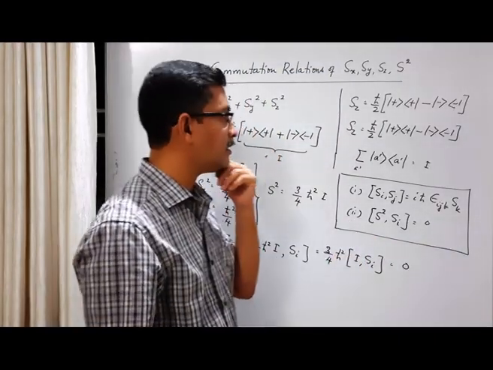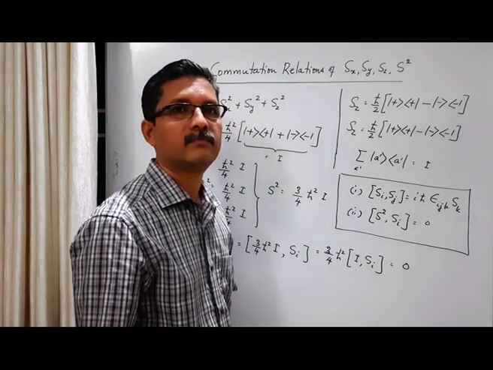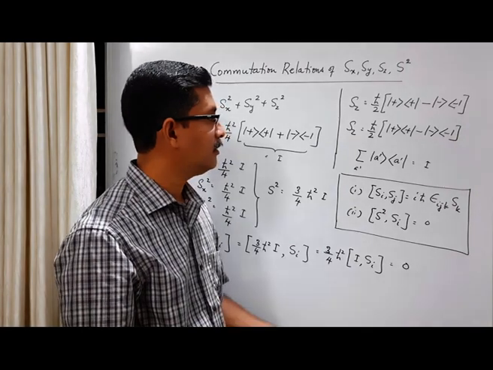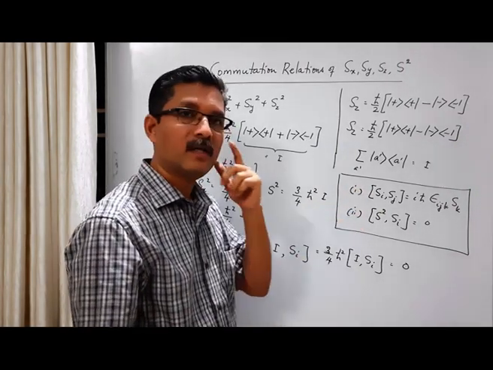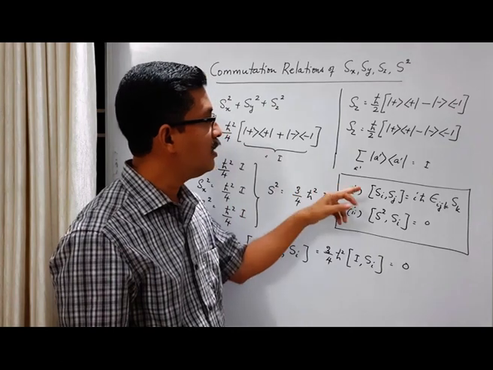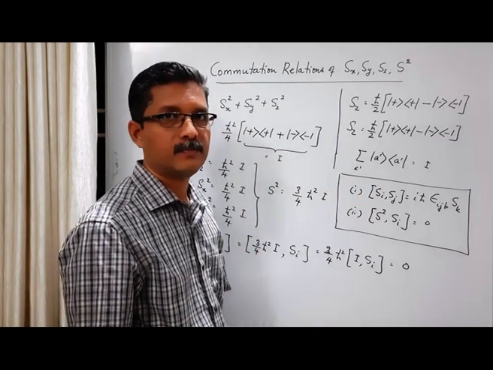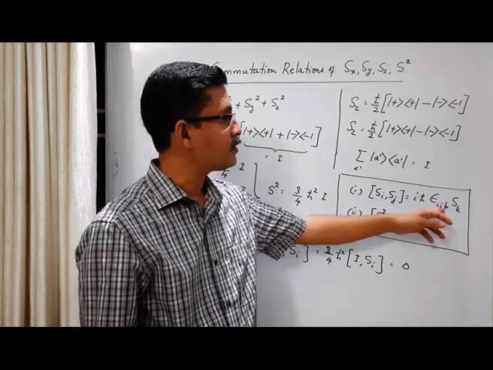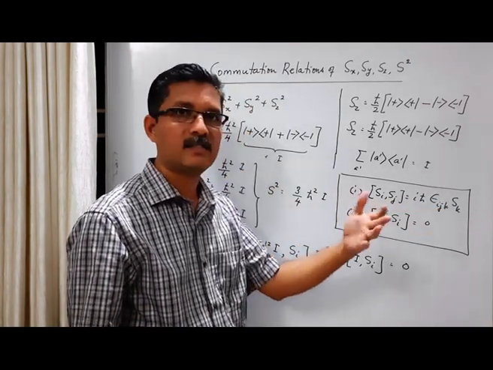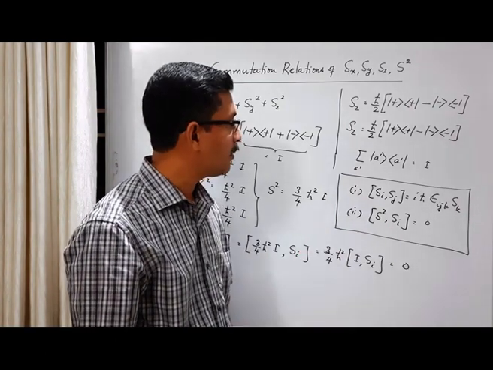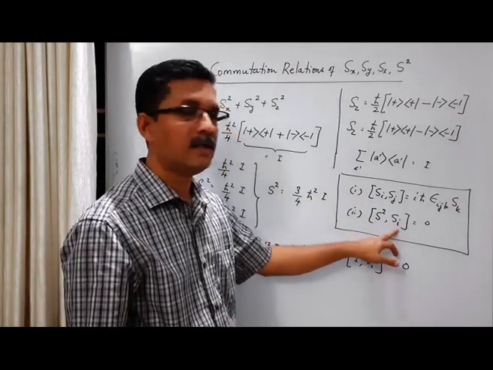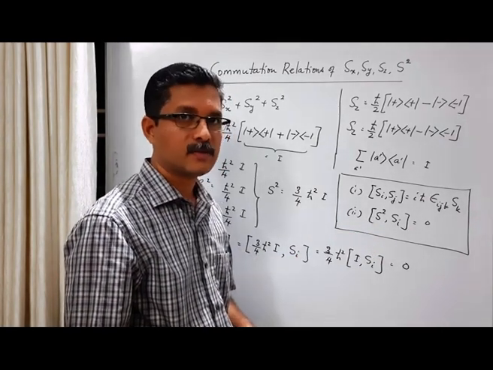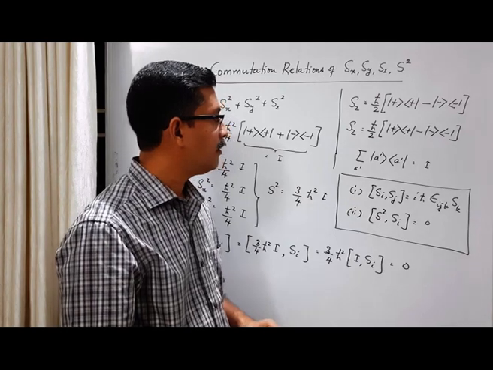We will later see that when we study angular momentum operator, orbital angular momentum operator, and this is spin angular momentum operator. Similarly, orbital angular momentum operator also satisfy the same commutation rules. Okay, Li, Lj is i h cross times epsilon ijk Lk, where Li, Lj, Lk are components of orbital angular momentum operator. Similarly, commutation between L square and any component will be 0. So this is very general.